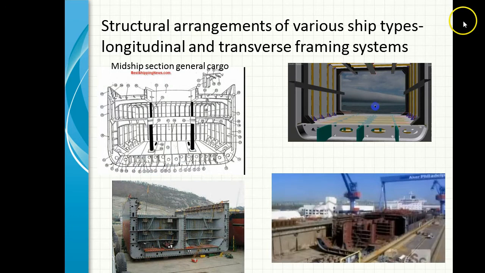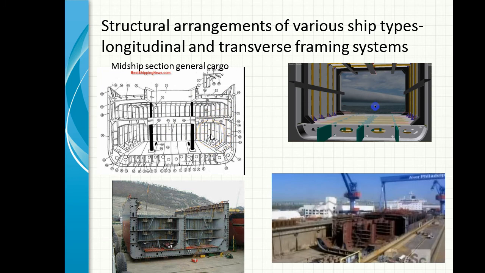What you're seeing here is a visualization of the various members: longitudinal members, transverse members, girders. You can see these structures getting constructed on a ship graving yard in a shipyard. You can see this is a cross section of an oil tanker with a double hull, and you can see the inner tank surface and the double hull surface here. This relates to a general cargo ship which does not have a double hull, but has a twin deck space where you can